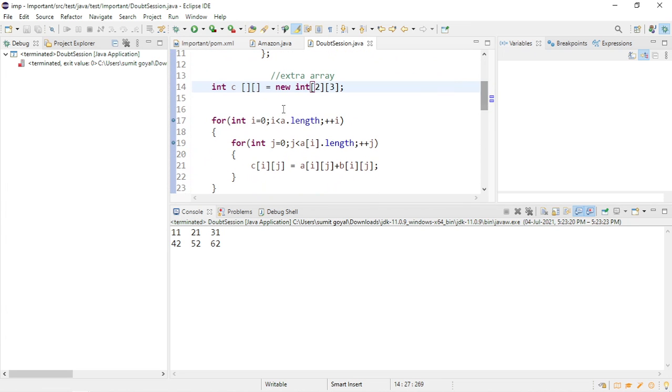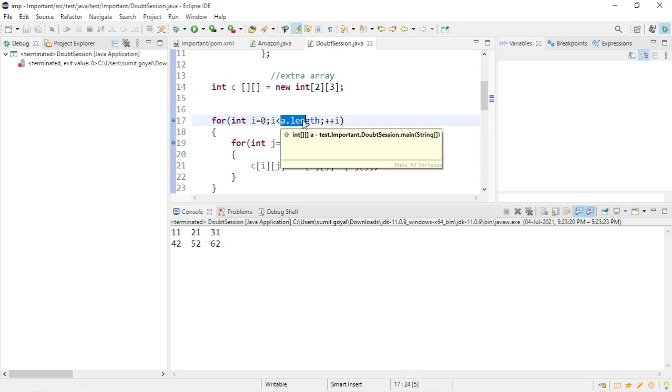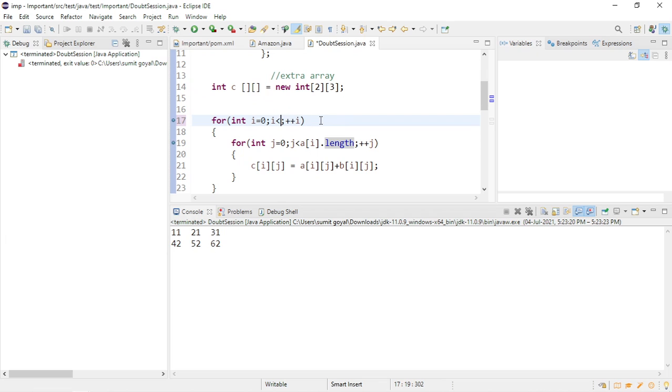So if you see this, the advantage of taking this approach, right? If you keep on hard coding the value, say that my array length is 3, then every time you need to change this value. But if I do it like this, it will automatically take the value and it will not fail your program.